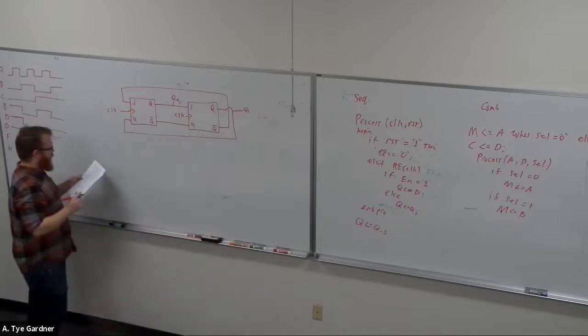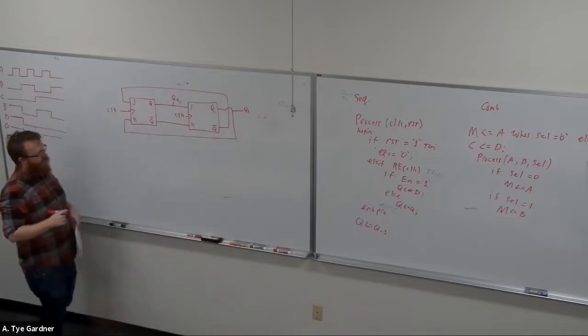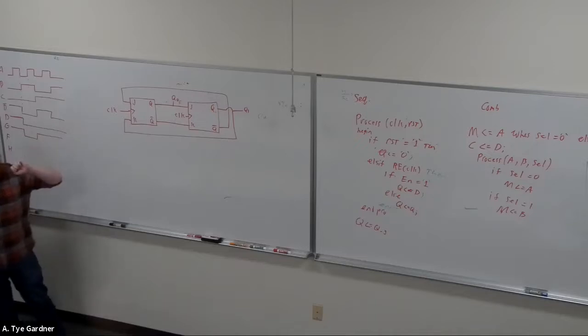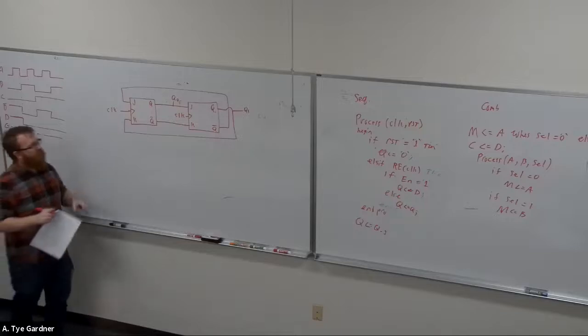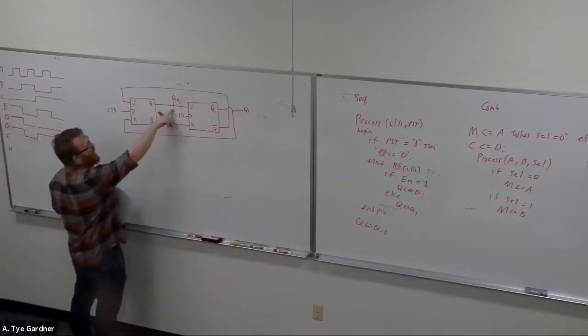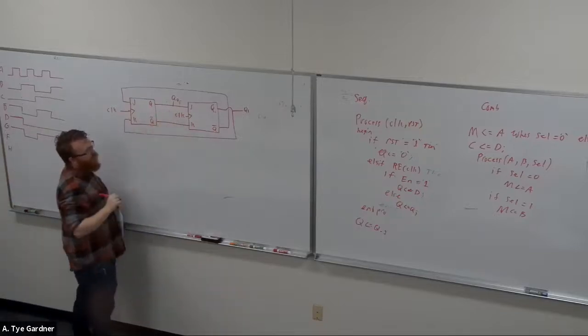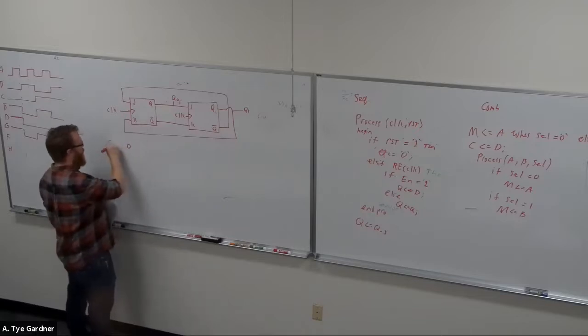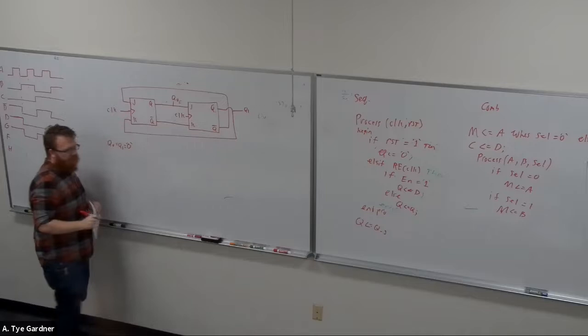The question here was, and I'll give this to you as part of the study because if you can do this, you'll be fine: given that Q0 and Q1 are both 0 at time 0,